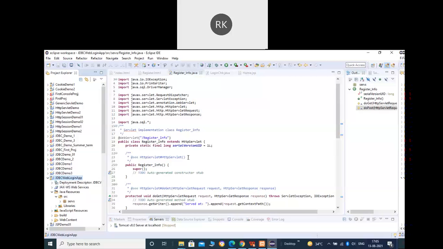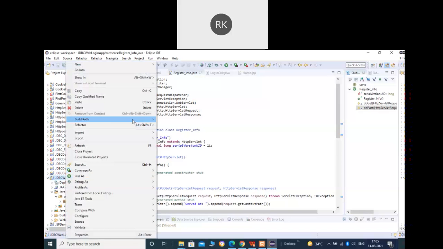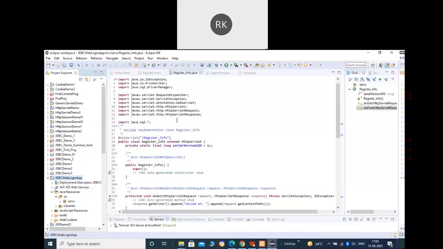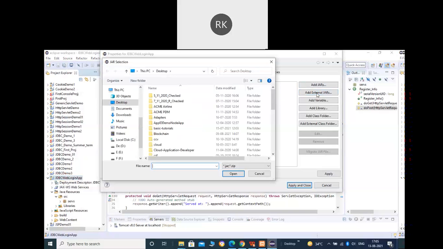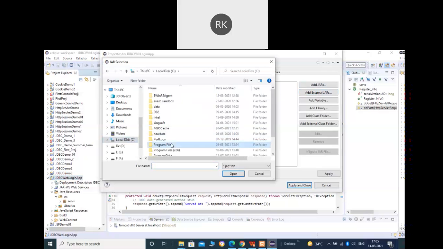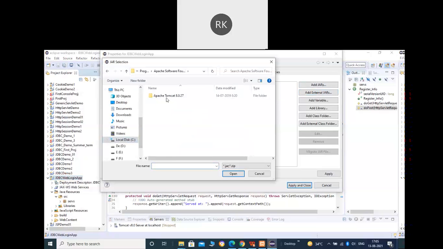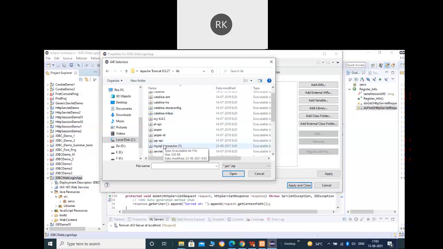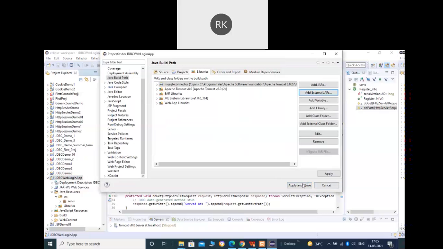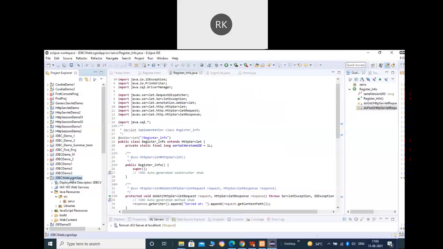Okay. So this file is now required to be put inside the Apache. Yeah, so here it will be required to be put in the lib folder, not in the bin folder. Sorry for that. So here you can see I have already put it in the lib folder, and while adding the external jar, you have to add it from this location only, from this lib folder available within the Apache. So you can't add it from the desktop or some other folder. This is the thing that you should know here.